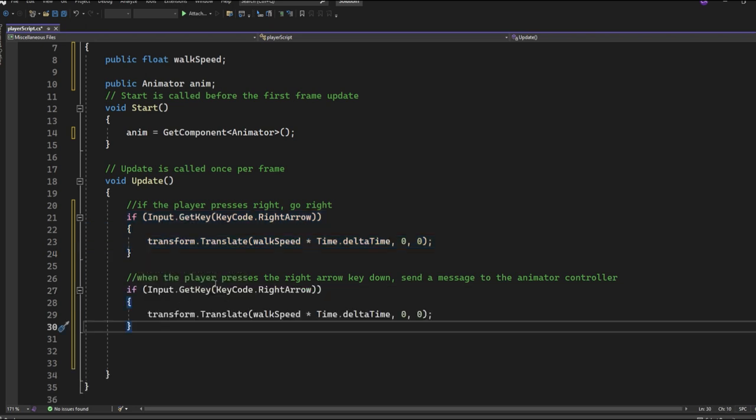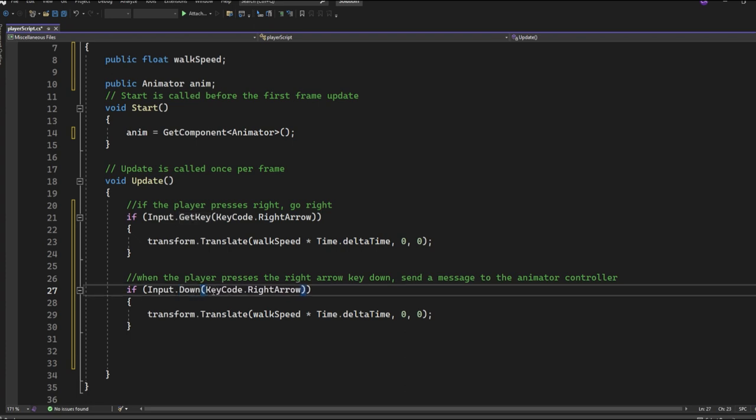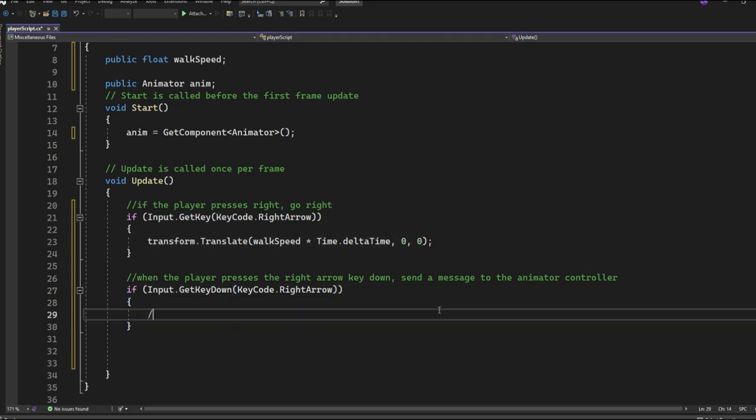Input.GetKey is like, as long as this button's being held down, do it over and over again. We don't want to do that. We just want to do it the moment it presses down. So it's Input.GetKeyDown. The moment you press down the right arrow key, we're going to send this information one time. So what are we going to send? We're going to tell the animator controller that isWalking